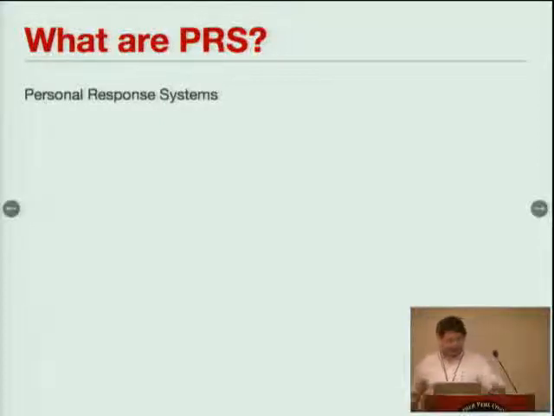Personal response systems are pieces of hardware that look like remotes. They are on a radio frequency. There's a base station associated with them. The hardware has some ID, although some of the devices we tested, the ID would be different each time.